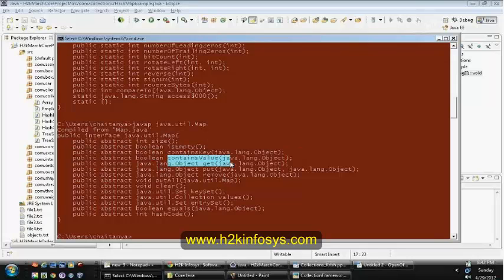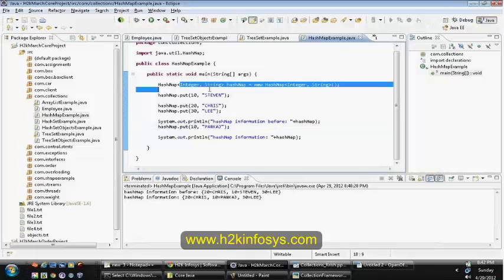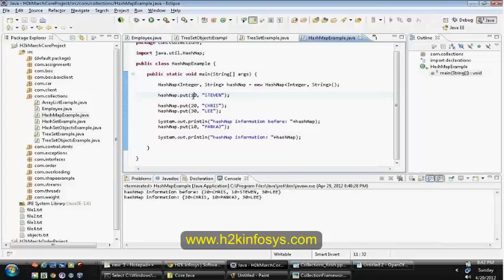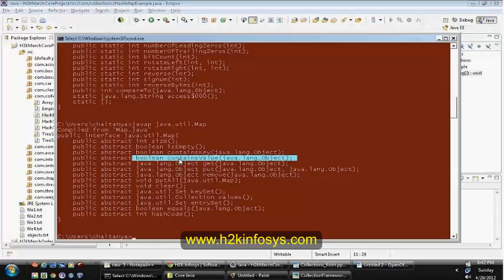The contains value, map is a key value pair. But if you pass Steven, it will verify whether the value was available or not, and it will return only the status whether it was available or not. Even if the duplicates are available for the values, because only keys are unique, you can have duplicate values, no issues. That won't override the existing key or value. Only difference is your key should be unique, and the value, it's just like a corresponding value for your key,